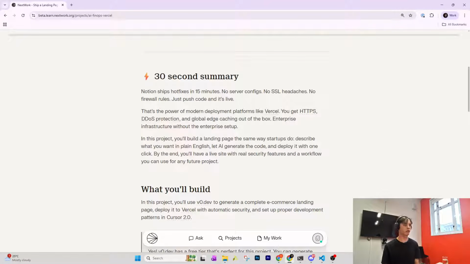In this project, you'll be building a landing page the same way startups do. Describe what you want in plain English, let AI generate the code, and deploy it with one click. By the end, you'll have a live site with real security features and a workflow you can use for any future project. I think that's the biggest selling point for me. The outcome is an e-commerce site, which you could continue on with if you want, but it's a really, really good